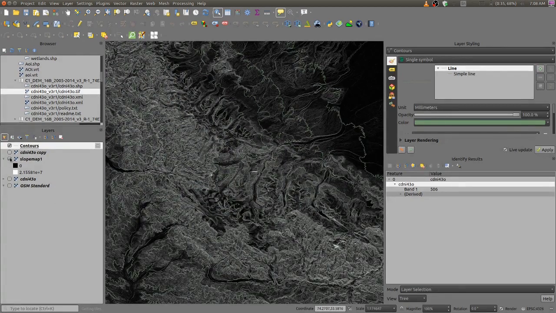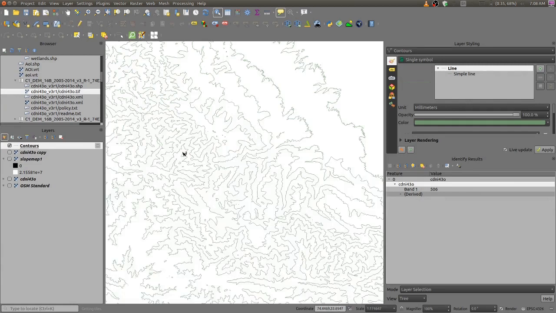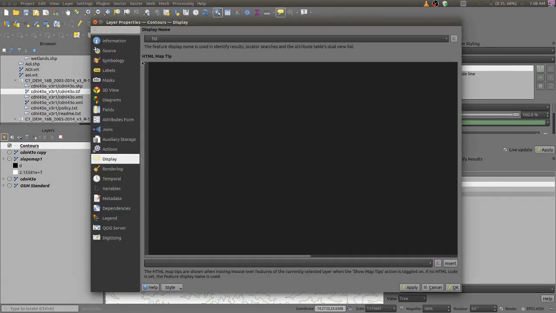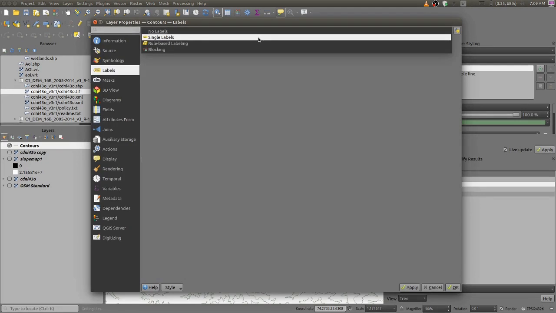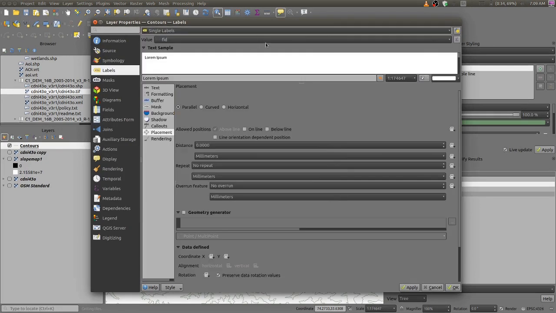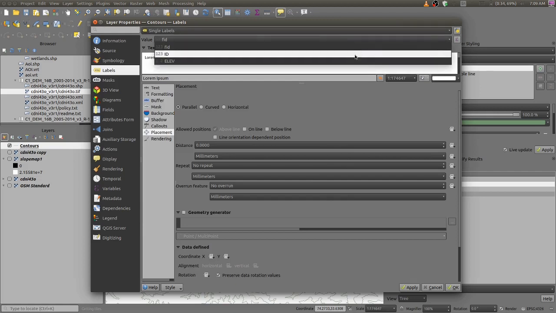By clicking this slope map also, you are superimposing this contour, and you can visualize the terrain. Now let us give labeling to these contours by going to label. Here you select single labels, and what is the field which has the elevation? It is the elevation field.